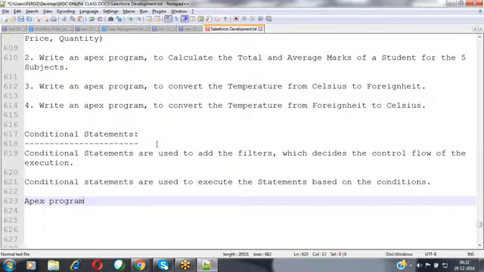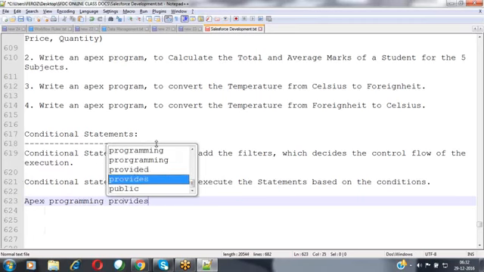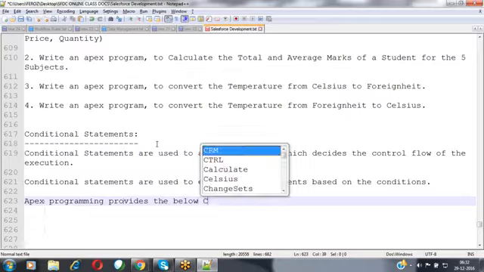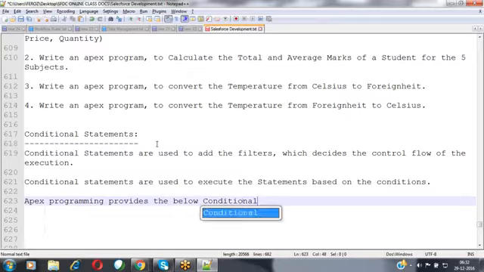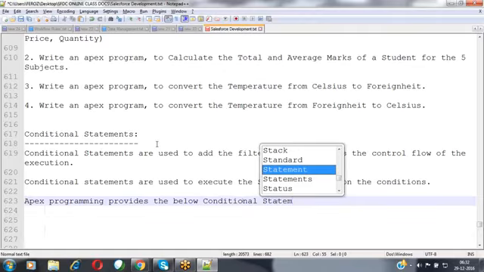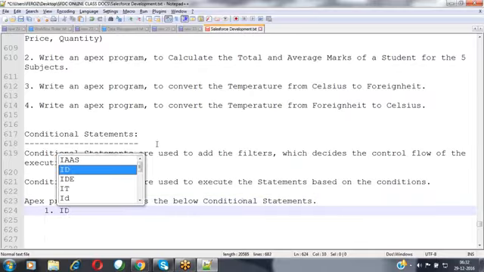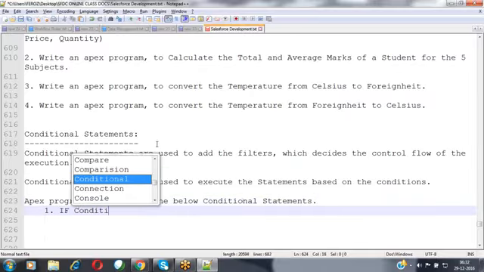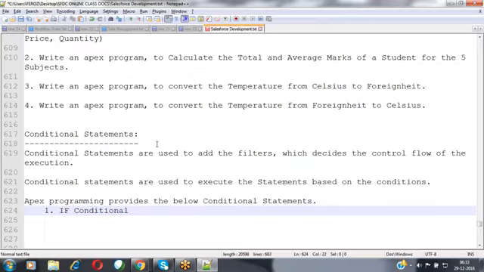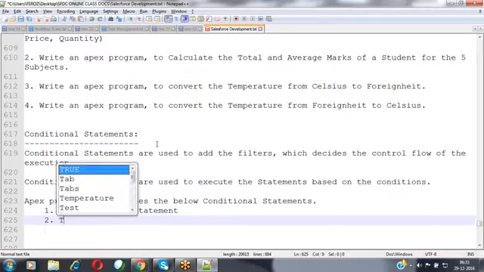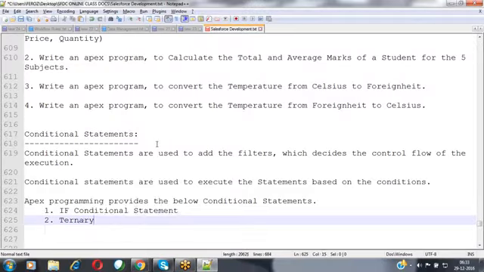Apex programming provides the below conditional statements. The first one is the if conditional statement, and the second one is the ternary operator.